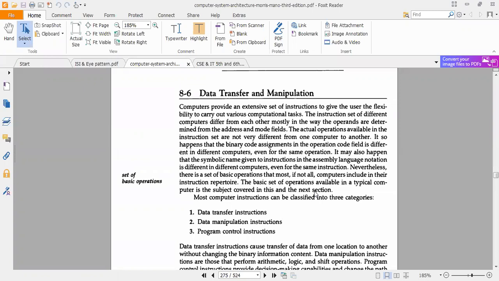But sometimes there may be some jump instruction, some skip instruction, some conditional jump instruction, some unconditional jump, and some calling of subroutines. All these are basically program control instructions.